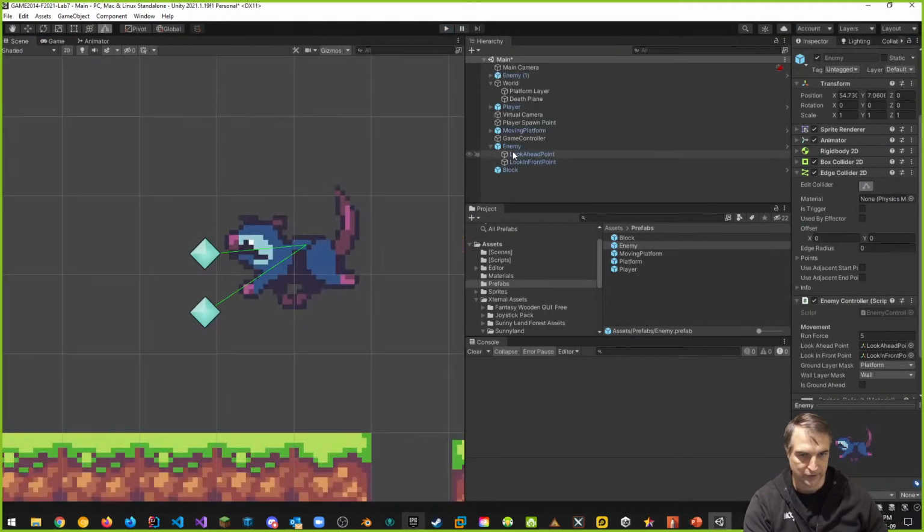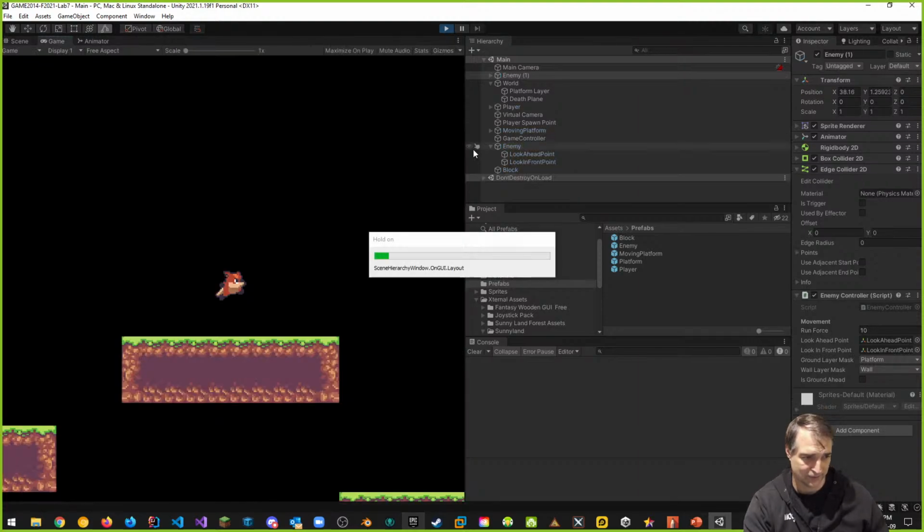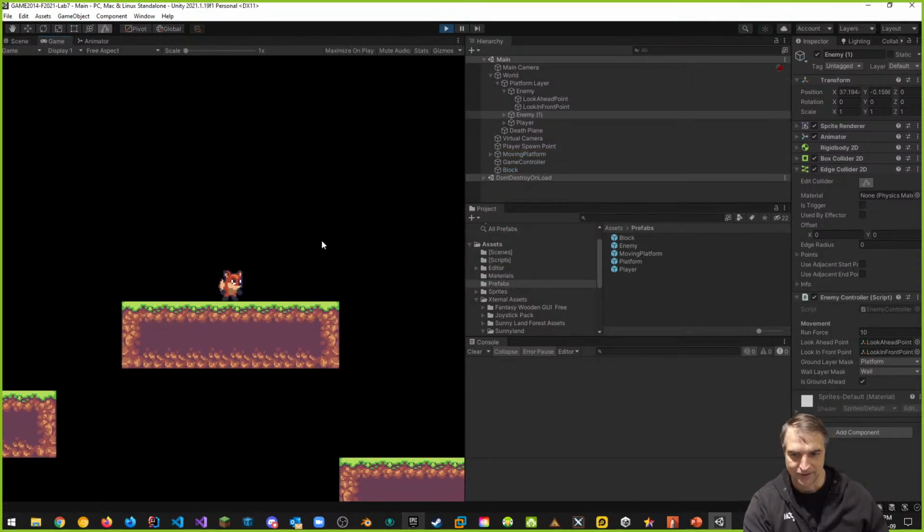A couple of things we can do for the enemy is we can increase the force. But be careful about this because that might be too much, right? Or another thing we can do is increase the mass. Increase the force, increase the mass. Now the opossums are running like crazy, right? So run force is 10, but then what we can do is increase the mass of the opossum as well. So if we go to my enemy number 1, and if we increase the run force to 10,